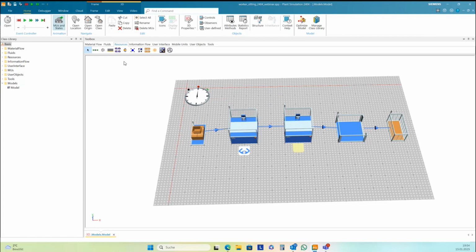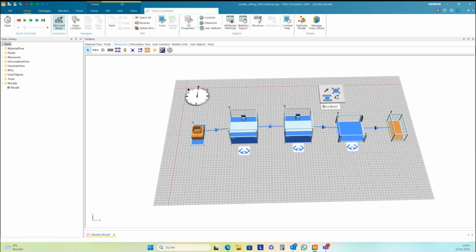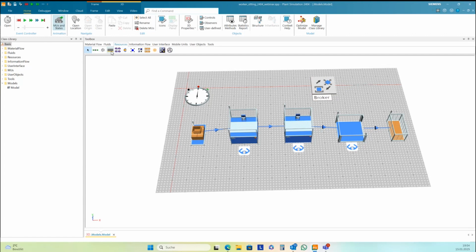And we need a third. We don't need to activate an importer here because it should only move the parts here to the third station. And of course, we need a broker. And we need a worker pool so that we can use the worker.